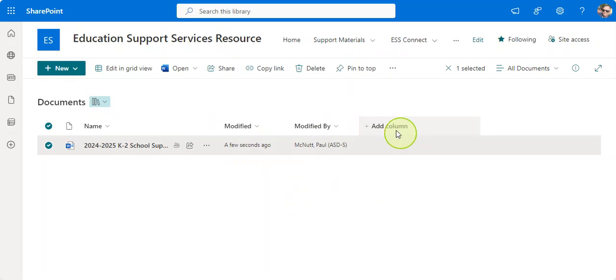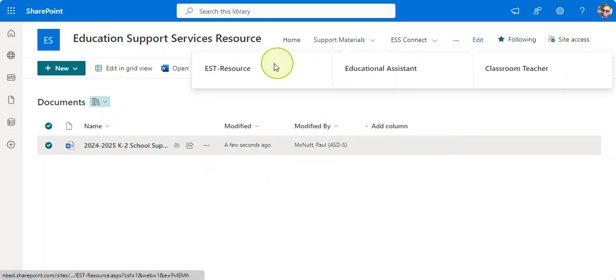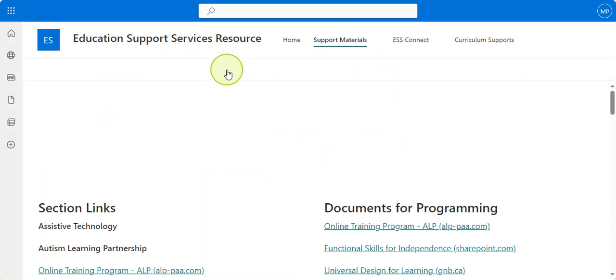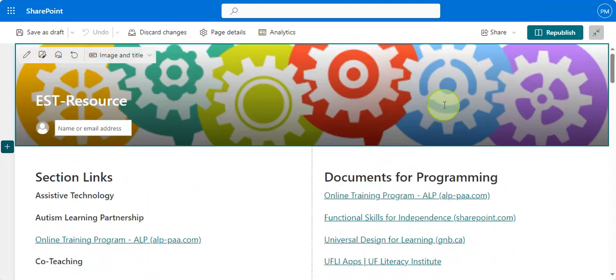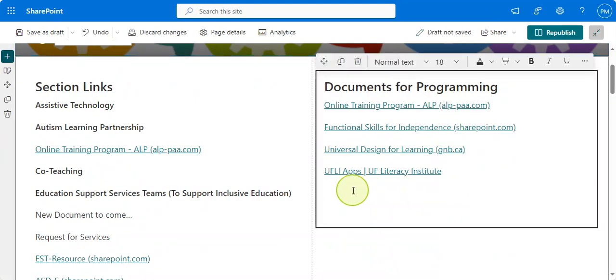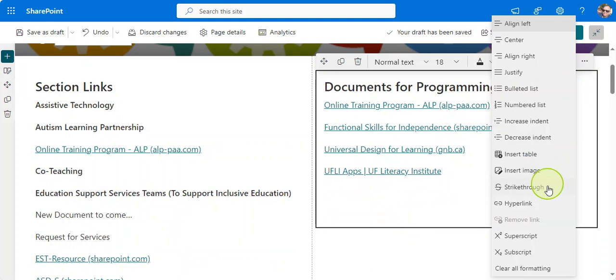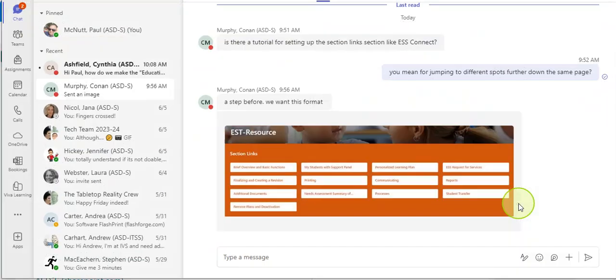But now I'm going to go to a spot where I know I want that link to go. So in this case, I'm going to come over to this page of the SharePoint site. I'm going to open it up to edit. And I'm going to come down to a new line in here. And this is where I want it to go. Now I could type in a bunch of stuff, but the easier way to do it is actually to click into our three dots, click on hyperlink, and now it's going to prompt us